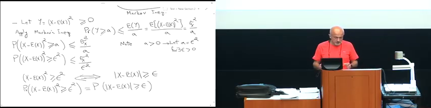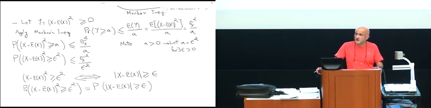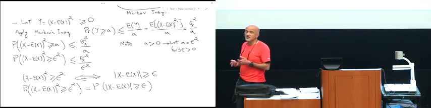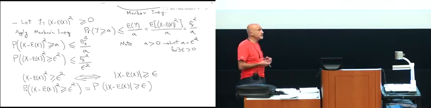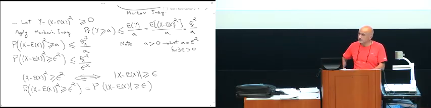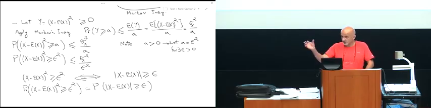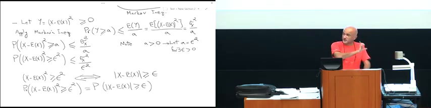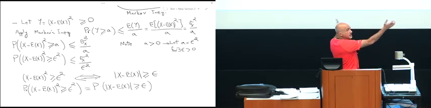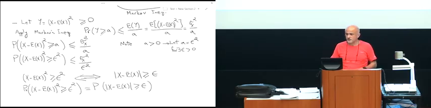There is a nice interpretation to the probability expression on the right. I am looking at the likelihood that the random variable x is deviating from its mean by more than a certain amount. And that amount is the distance. It doesn't matter if it goes to the left of that mean or to the right of that mean. I am looking at the probability that x is outside of some distance from its mean. Chebyshev's inequality says